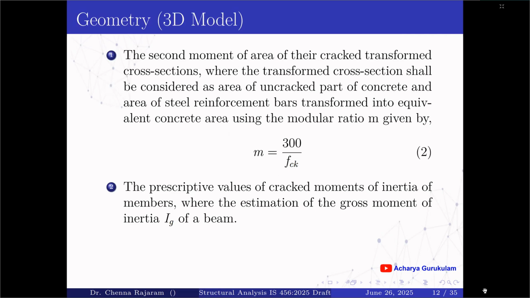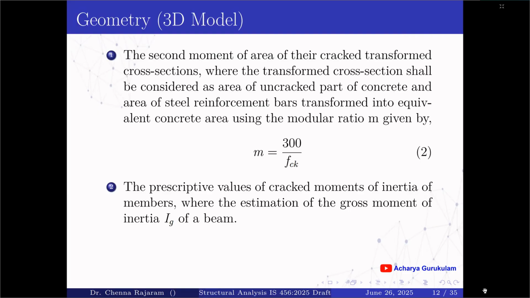What are the conditions? First, the second moment of area of the cracked transformed cross sections, where the transformed cross section shall be considered as the area of uncracked part of concrete and the area of steel reinforcement bars transformed into equivalent concrete area using the modular ratio m given by m = 300/fck. Second, the prescriptive values of cracked moment of inertia of members, where the estimation of gross moment of inertia Ig of a beam